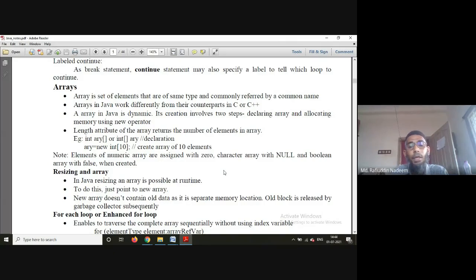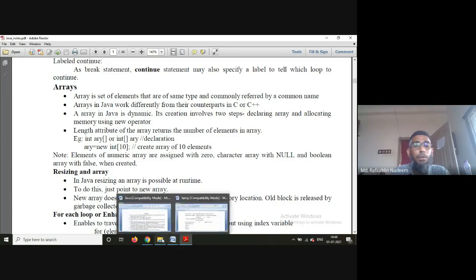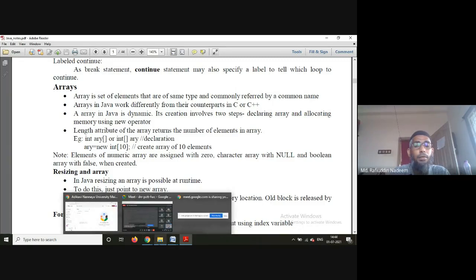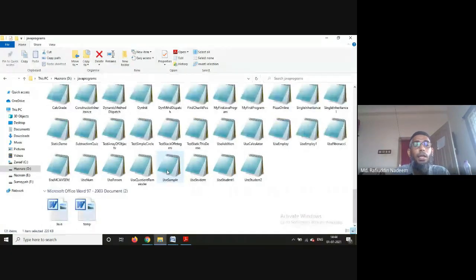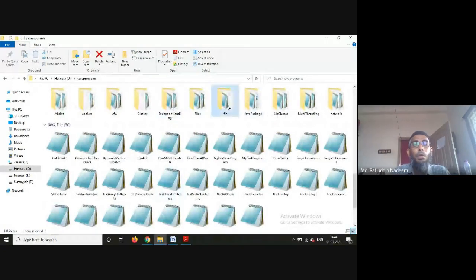And then the new thing introduced in Java is labeled break and labeled continue, which we can use in our programs so that if you want to quit from a particular loop, we can use these labeled looping constructs.